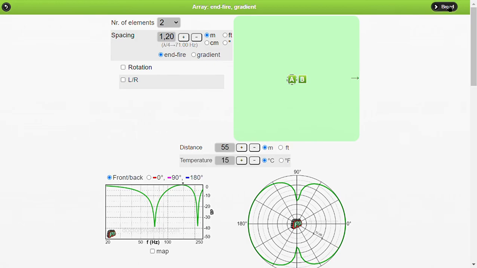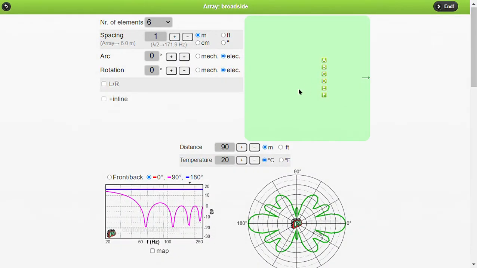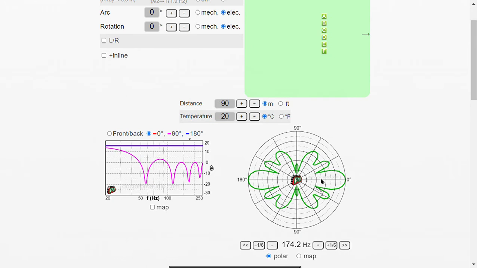Okay, so let's now go to broadside, and now the elements are spaced perpendicularly to the radiation axis. So basically, when we add elements, we get directivity on the side, but not front to back.